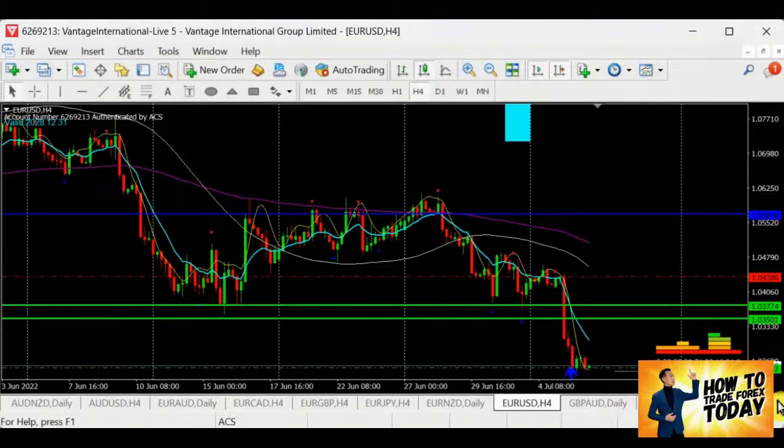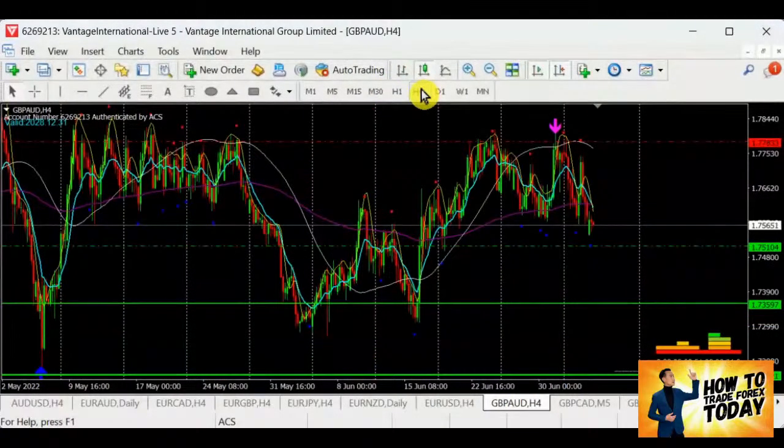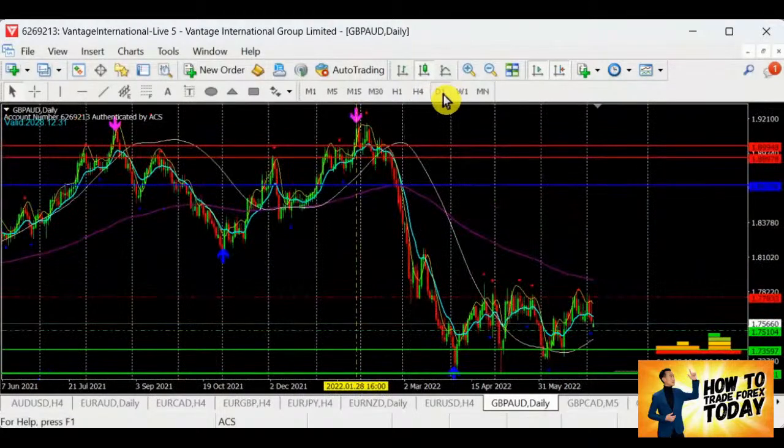Right, so over here at Pound Aussie, it is very clear that we are still in the bull. Now it's coming back to retest the support. So since it's in the bull and it's coming back to retest the support, that means it's back. Since that's the case, if there is a pullback, I think this is not the right time for me to actually enter a trade, because it's not very safe for me. So I guess this is not right.